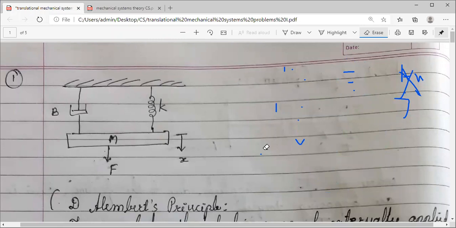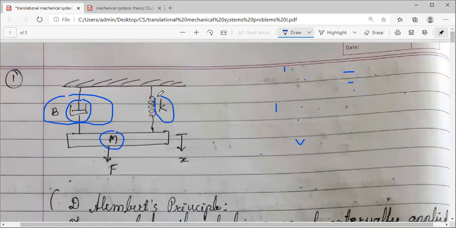You can see there is a simple mechanical physical system given here. You can observe how many elements are there. Please make sure you are thorough with the previous concepts, else you won't understand the next concepts. B indicates the viscous friction coefficient, and this indicates your damper or dashpot, the frictional element. M indicates the mass, K indicates the spring, K is the spring constant. X is the displacement, F is the force applied.